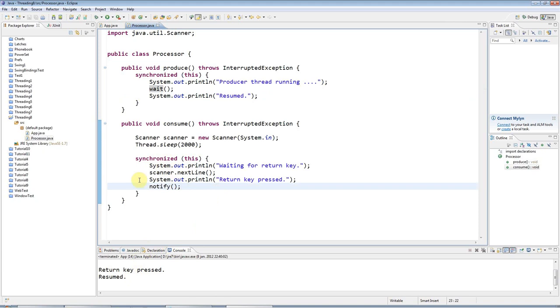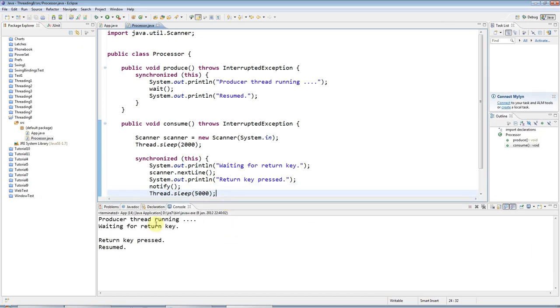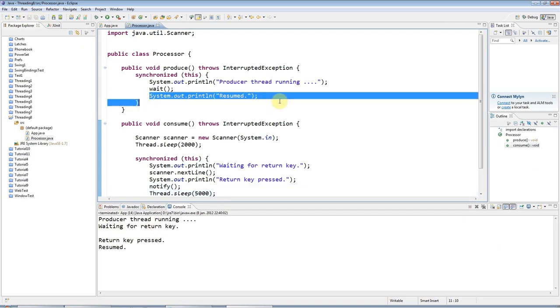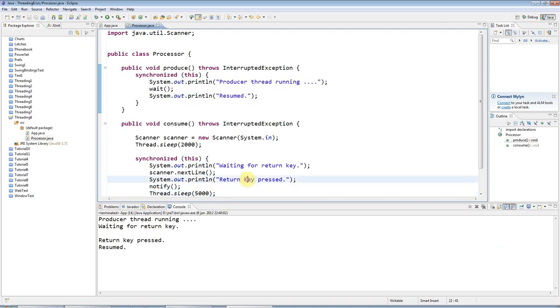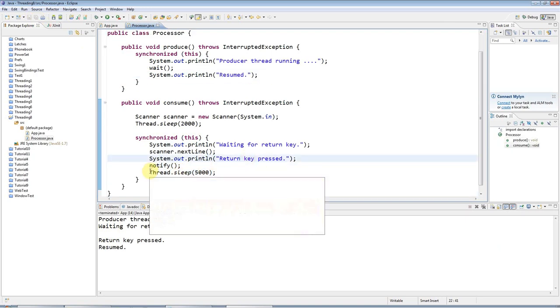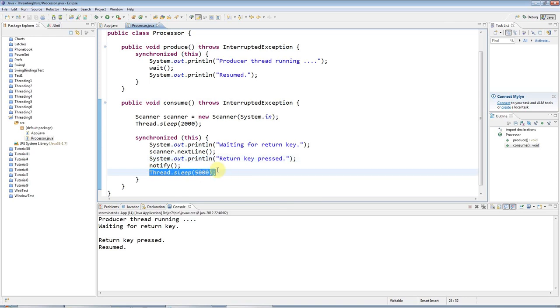Now, just to prove the point that notify does not hand over control of the lock, unlike wait, I'm going to just put a Thread.sleep in here. Thread.sleep, let's say 5 seconds, 5,000 milliseconds. Now if I run this, what we'll see is this thread will not resume until I press the return key and this sleep has finished,